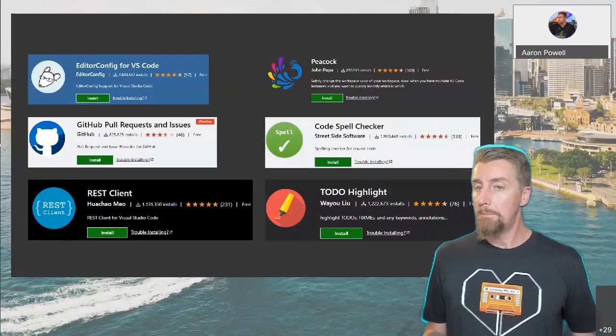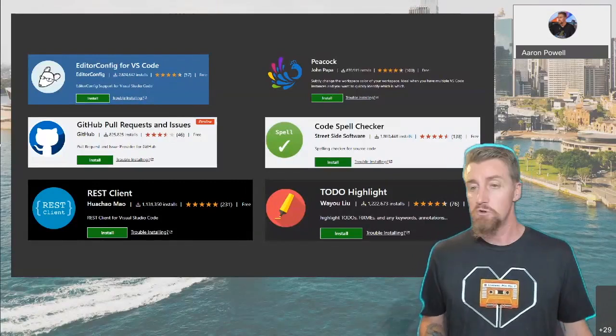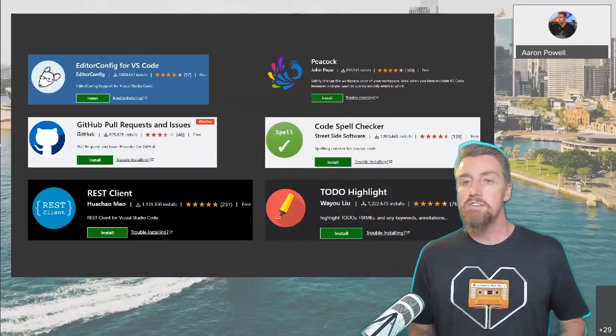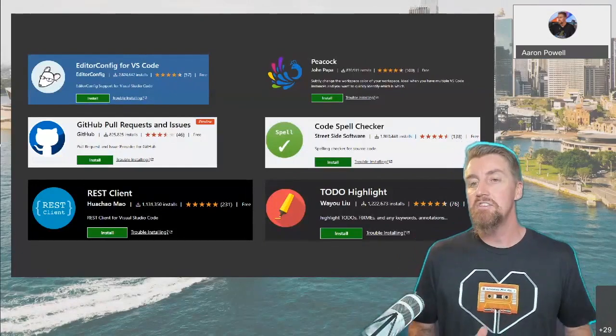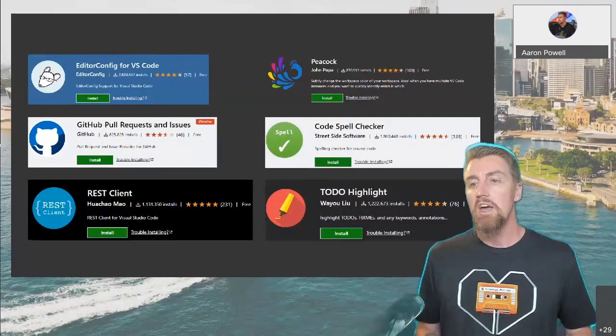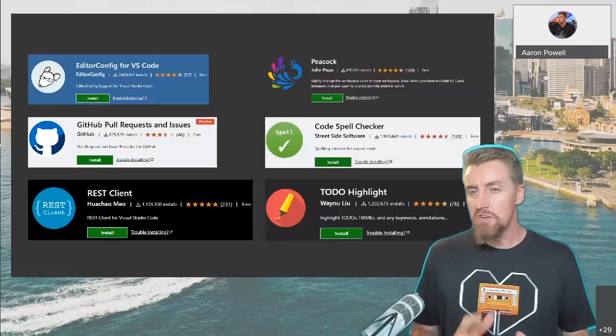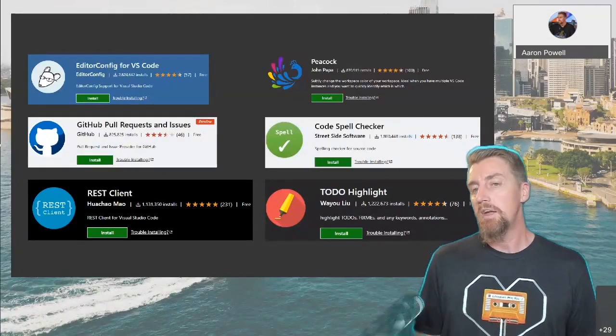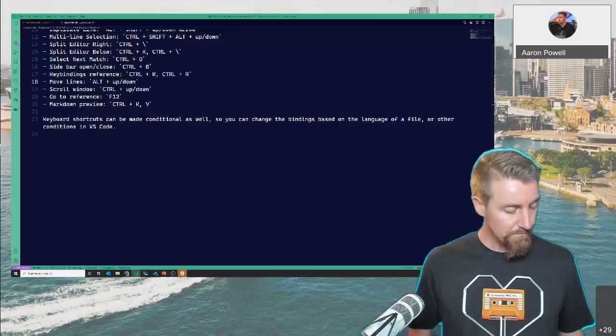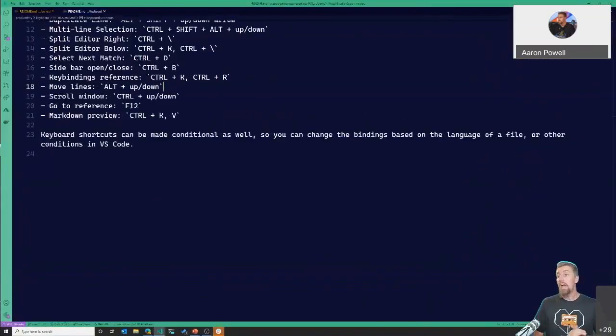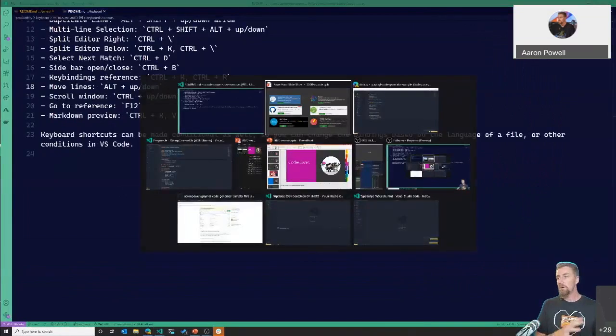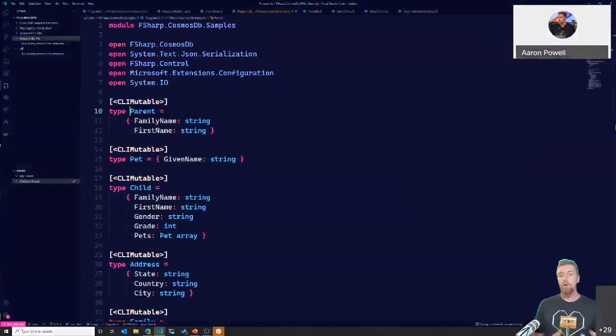Next across is Peacock. Peacock was actually written by a colleague of mine called John Papa, and it's an extension that I've had running that does some subtle changes to the workspace so that it's easy to see which workspace you might be in, especially if you've got multiple windows open. So this one has Peacock running, and that's where I'm getting the green border around my editor in VS Code. As you can see, as I'm pressing Alt-Tab, I have a bunch of other VS Code windows open. So how do I know which one I want to navigate to?